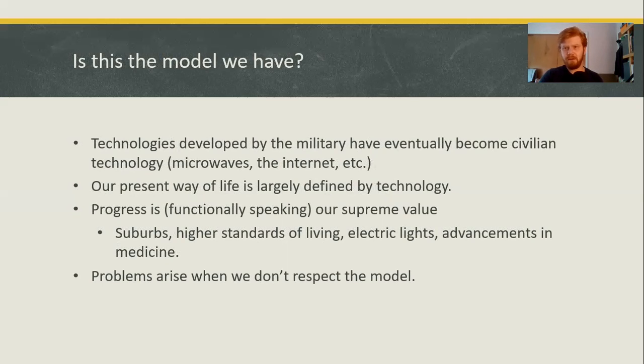What do we want? What are the things we chase after? The white picket fence, the house in the suburbs, higher standards of living. We do today have a much higher standard of living than people living 50 years ago. We have better access to things. Go back 100 years. We have refrigerators now. We have toilets inside our homes.